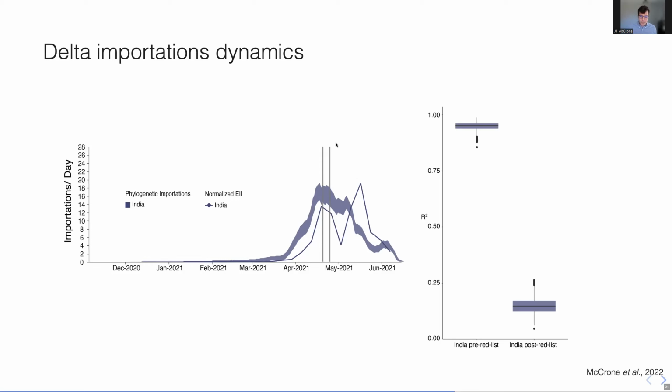The gray bars here indicate when the UK put India on the red list, which meant that incoming travelers were under mandatory hotel quarantine, and when that practice went into effect. So it was announced a few days before it was put into effect. That's shown here. What you can see is up to the announcement of India going to be on the red